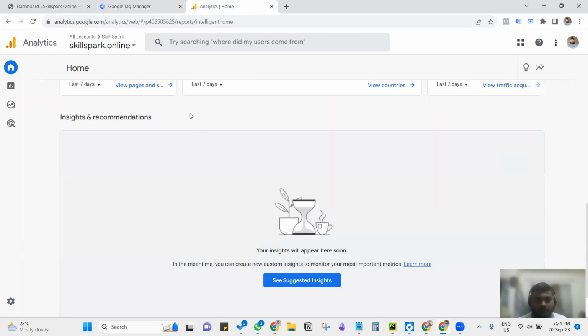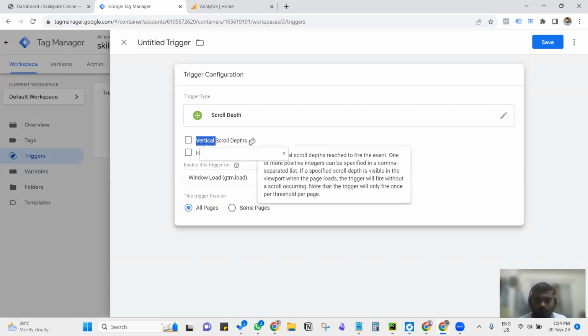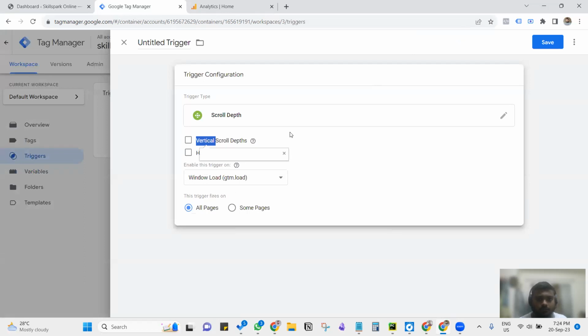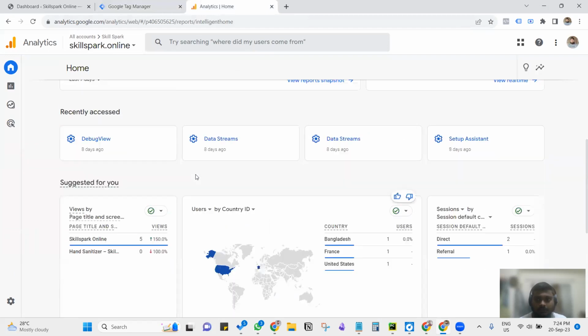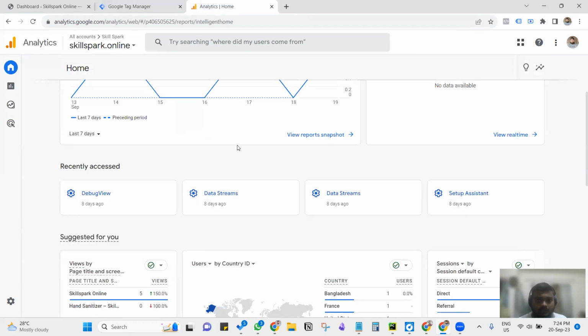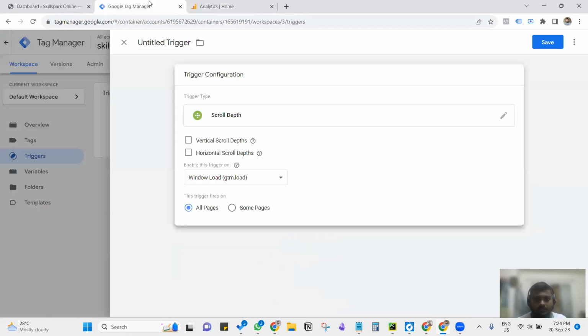So this is horizontal, then vertical, sorry. Then if we want to do this scroll type, let's say if we visited this much or 50% of our website, then we have to select this